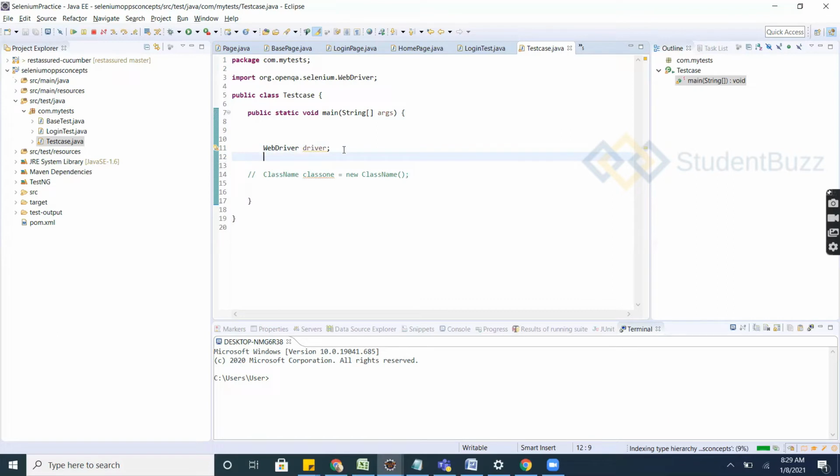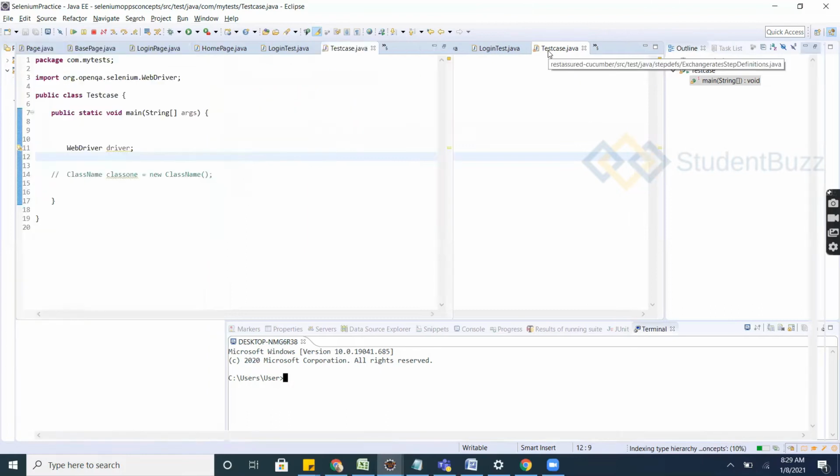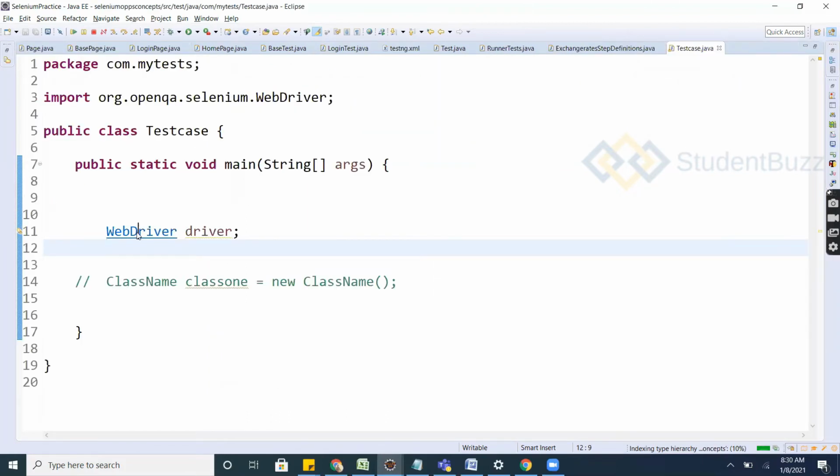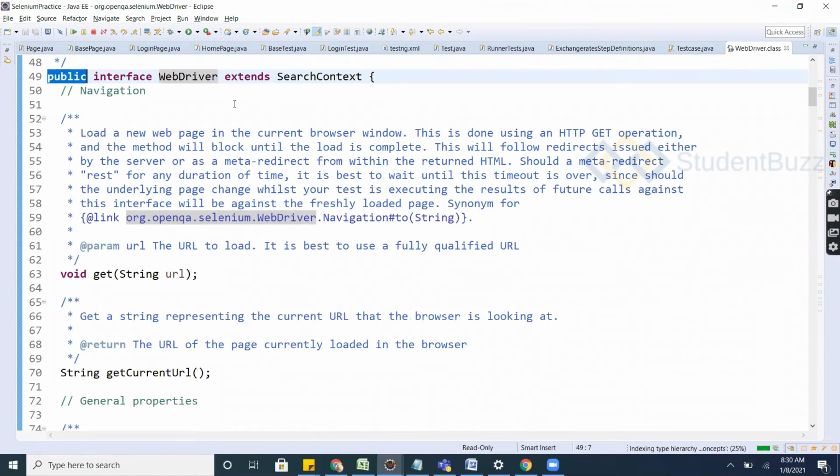When WebDriver is an interface, then it should have non-implemented methods. Can we see inside this WebDriver whether it has non-implemented or implemented methods? Go inside the WebDriver. It is a public interface. The interface keyword is used, so WebDriver is an interface. An interface will have abstract methods, which are non-implemented methods.